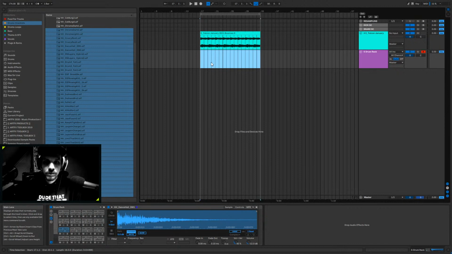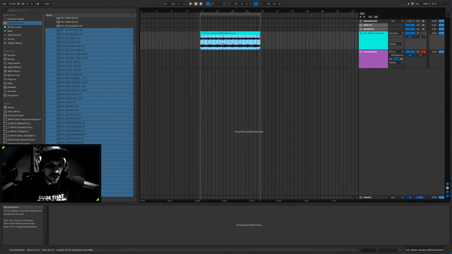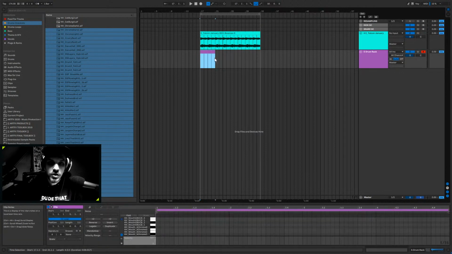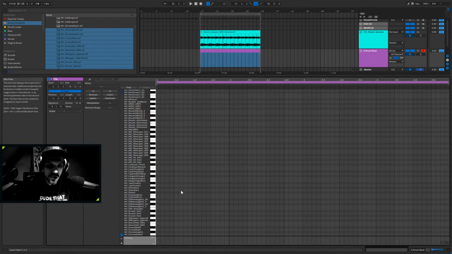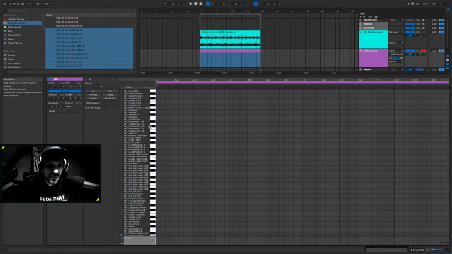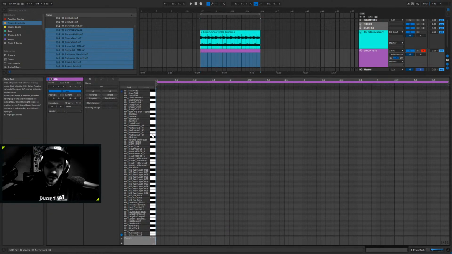Okay, so this is quite a long section, I think. How long is this? 16 bars? Yeah. Okay, so we're just gonna make maybe a shorter section and just loop that. And because we have a whole bunch of different hats in here, we can now just start playing around with them and trying out different ones. Kind of like those ones. So let's just take one of these,